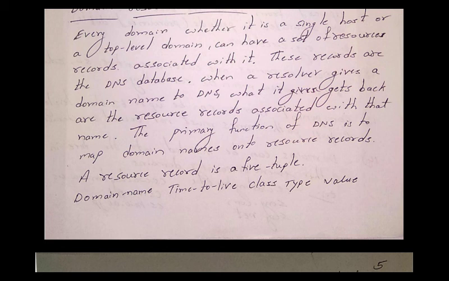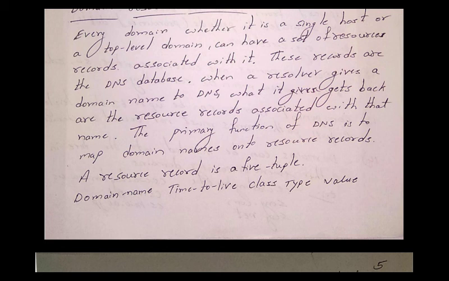If the type is CNAME, what is it going to return? The value field gives the canonical name for a particular host. It is used to define aliases. If the type is MX, the value field gives the domain name for a host that is running a mail server. So these are different types. SOA is the start of authority. The value it returns is a parameter for this particular zone.